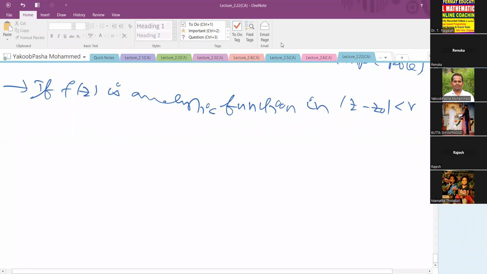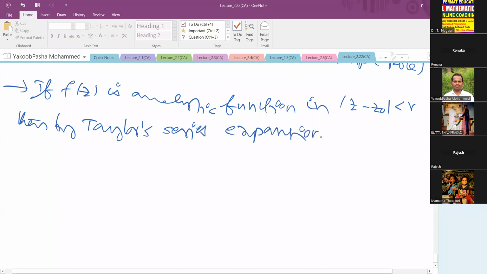In this disk the function is analytic. We can expand this function according to Taylor's theorem. Then by Taylor's series expansion, we have